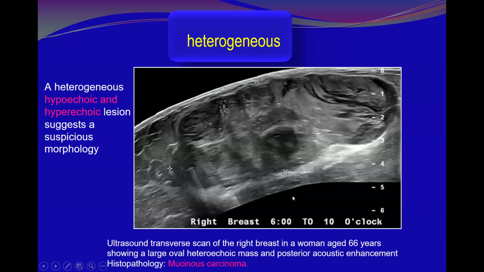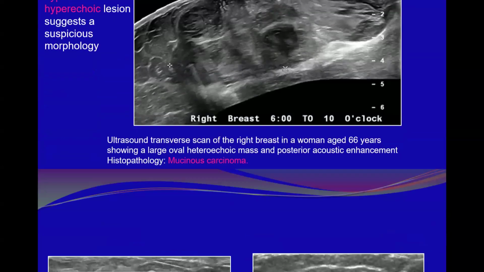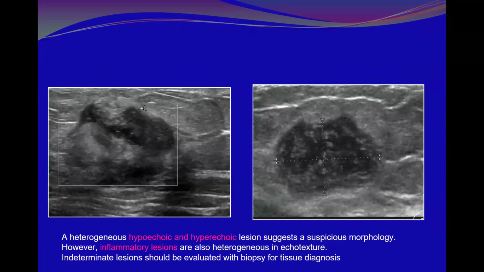Look for this heterogeneity in a case of mucinous carcinoma. Whenever you see hypo and hyper echogenicity, you have to suggest biopsy to exclude malignancy. The combination will be more suspicious. However, there is also